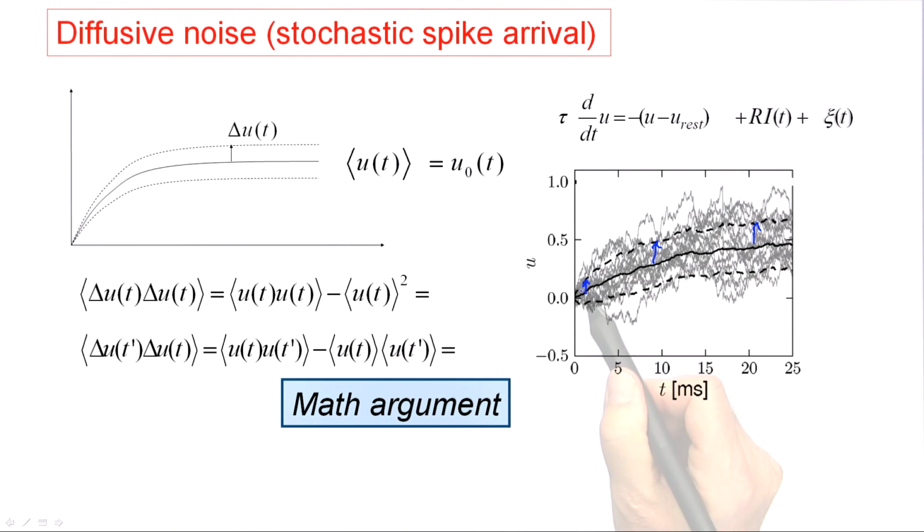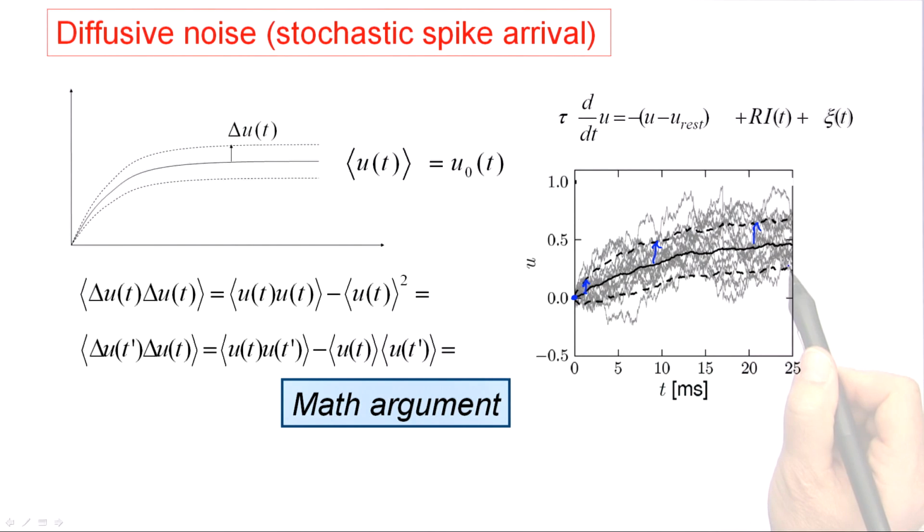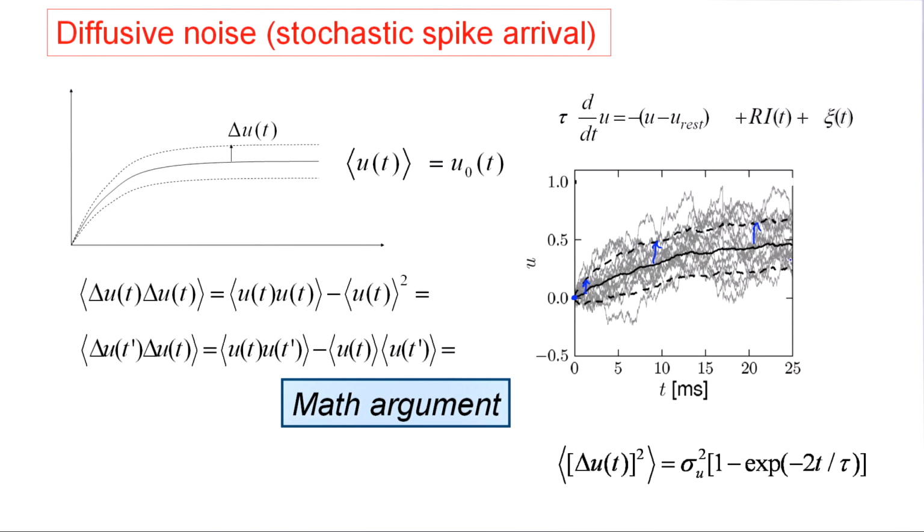And this variance is small at the beginning. In fact, it's 0 at time 0, because all trajectories start at the same value. And then it blows up slightly. Now, one can calculate this, and one finds that there's a final value of the voltage distribution, the variance. The standard deviation of the voltage distribution is sigma u. The variance is sigma u squared. And this final value